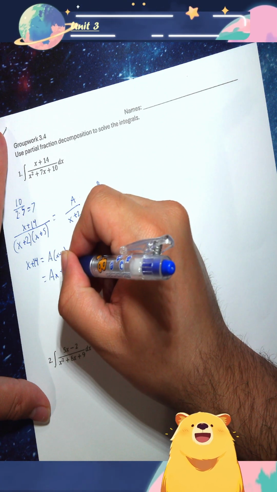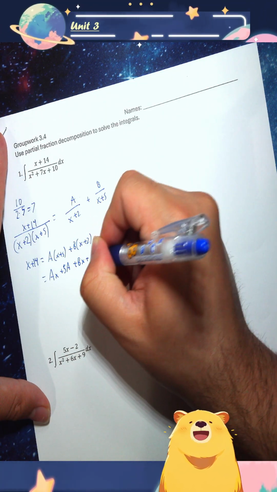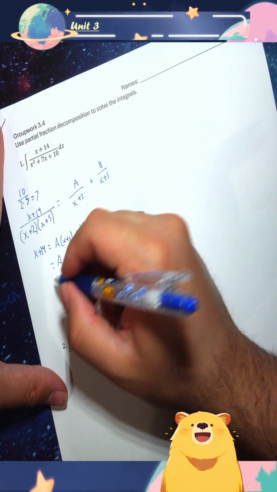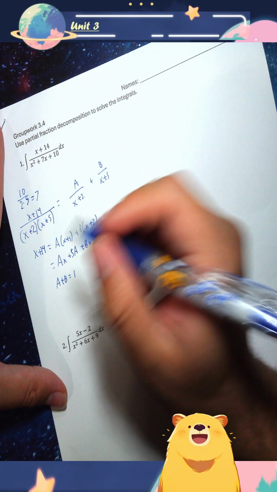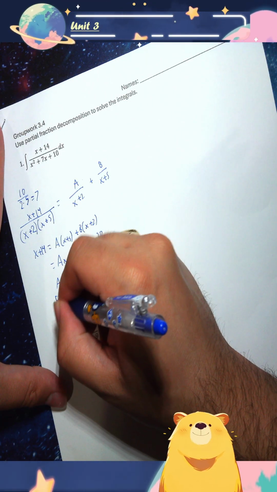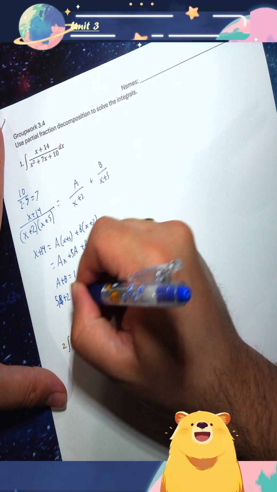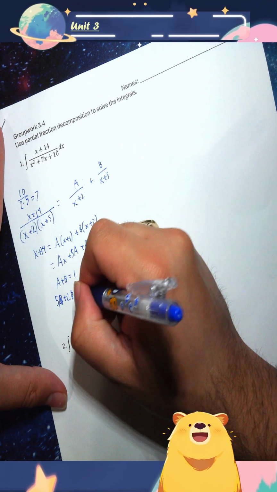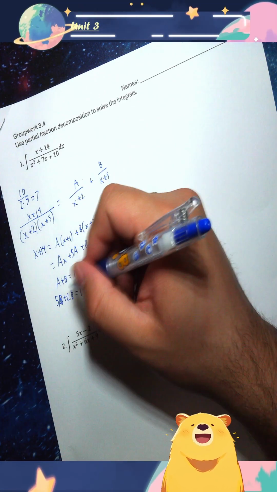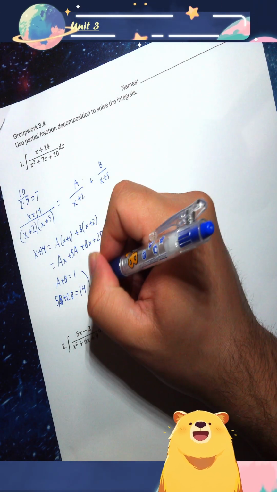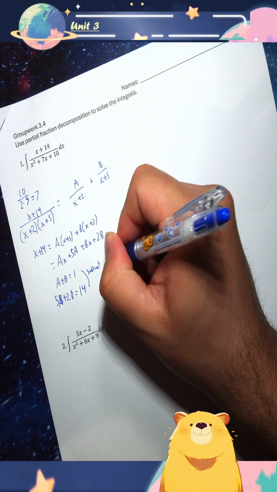We distribute a bit, 5A plus Bx plus 2B, and we get that A plus B has to equal 1, and then, oh no, sorry, 5A plus 2B has to equal 14. Well, we know if we subtract this from this twice, so subtract twice,